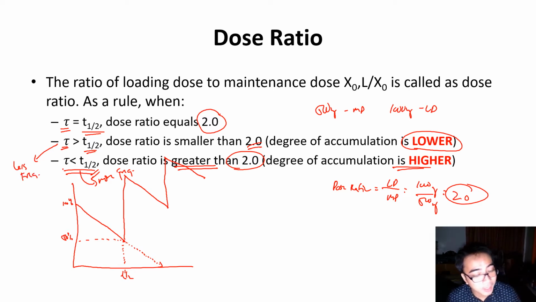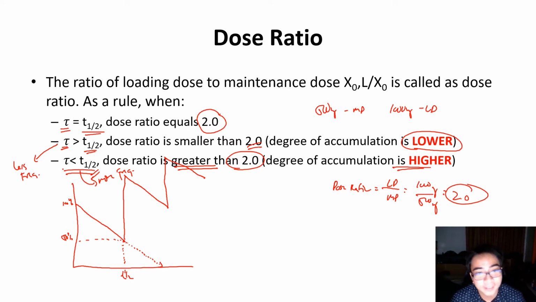mong binibigay ang gamot. Halimbawa, half-life niya is 12 hours, pero every 24 hours mo binibigay. Aba, hindi talaga mag-accumulate yun. Kasi kumbaga the next dose na ibibigay mo, wala na yung gamot sa katawan. Na-eliminate na. Alright? So, yun, class. Again, dose ratio usually is just another means for us to check kung the drug is accumulating well in the